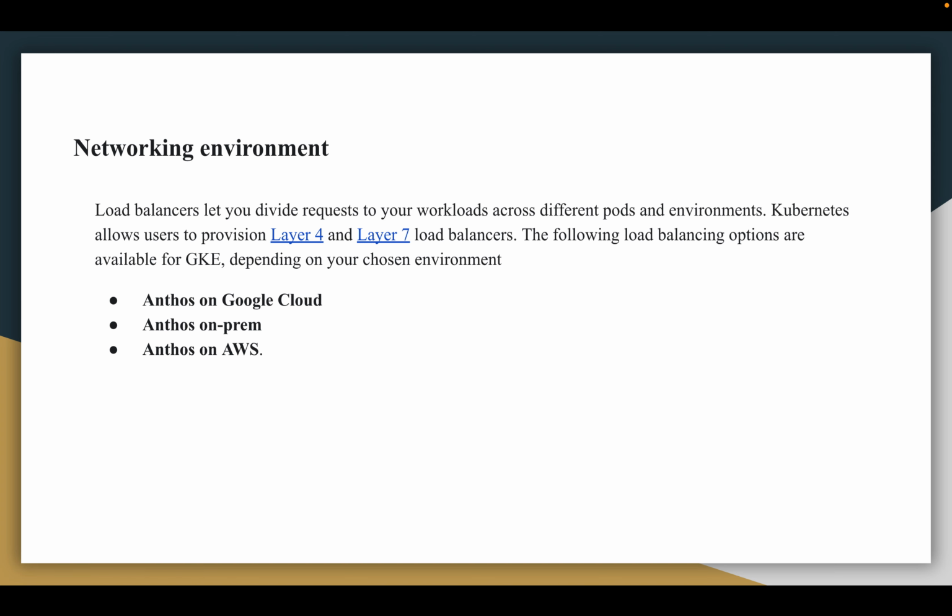Next is Anthos on-prem. Anthos clusters on VMware provide an integration with an on-premises load balancing appliance. Next is Anthos on AWS. Anthos clusters on AWS provide integrations with AWS Classic Elastic Load Balancer, Network Load Balancer, and ALB, Application Load Balancers.